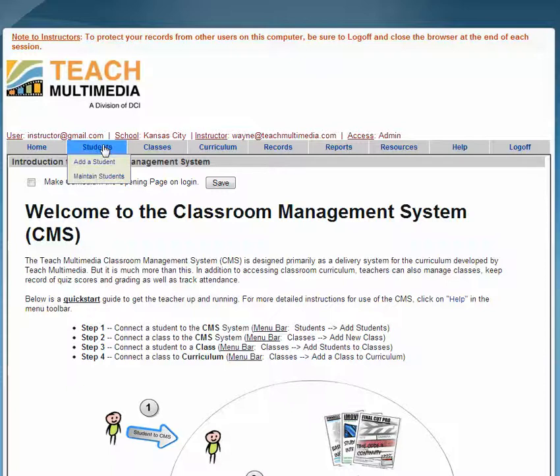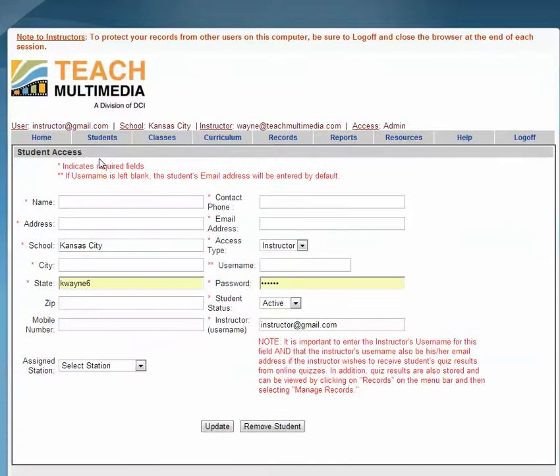We go to Students on the menu bar, select Add a Student. Here we have those fields with red asterisks that are required fields, and we'll enter our student's name, we'll enter their phone number, their street address, email address,